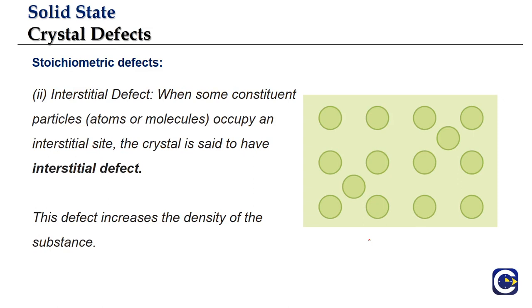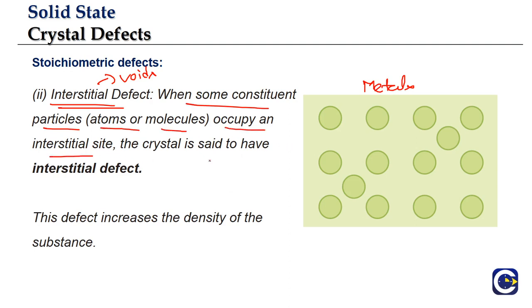The other stoichiometric defect in case of metals is this interstitial defect. So the void places can also be called what? Interstitial sites. In a particular crystal, the voids can also be called interstitial sites. Now, when some constituent particles, whether atoms or molecules, occupy an interstitial site or void,